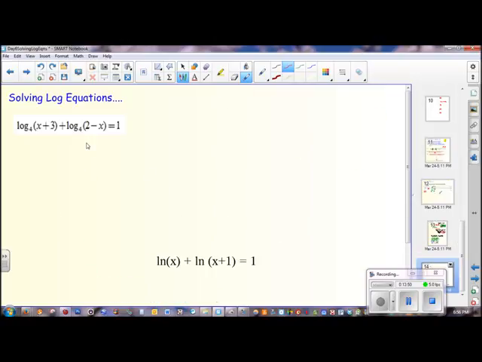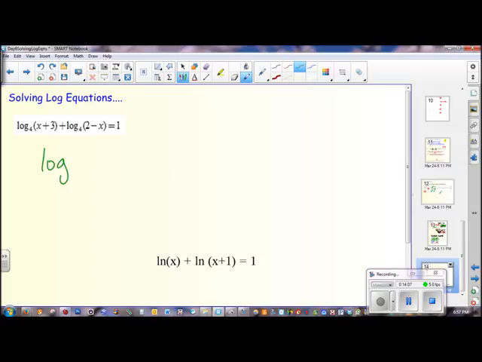Okay, continuing solving the equations. This one's a little bit different. We do have two logs on the left, but we've only got a number on the right hand side. Fortunately, those two logs on the left are two logs that we can combine. We're adding, and both bases are the same, so that means we can turn it into one log, log